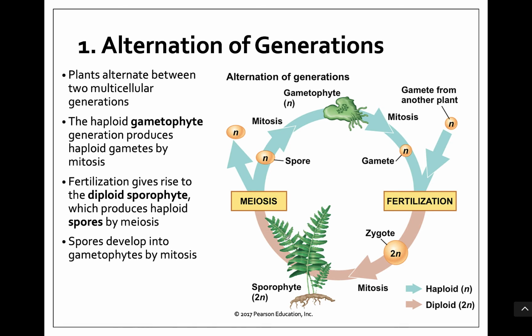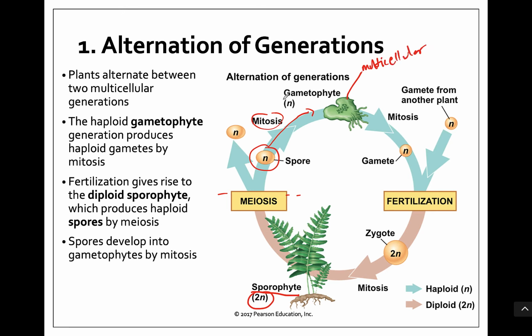So how this works is this is the typical plant that you would see above ground, which is called the sporophyte. And for most groups of plants, the plants that you're seeing are the sporophyte, and this is diploid. They also have a second body that is haploid. So a diploid plant would produce a spore through meiosis, which is how they go from diploid to haploid. So here's meiosis. We're going to create spores. That spore is going to land in some sort of environment and divide by mitosis to develop into a multicellular body.